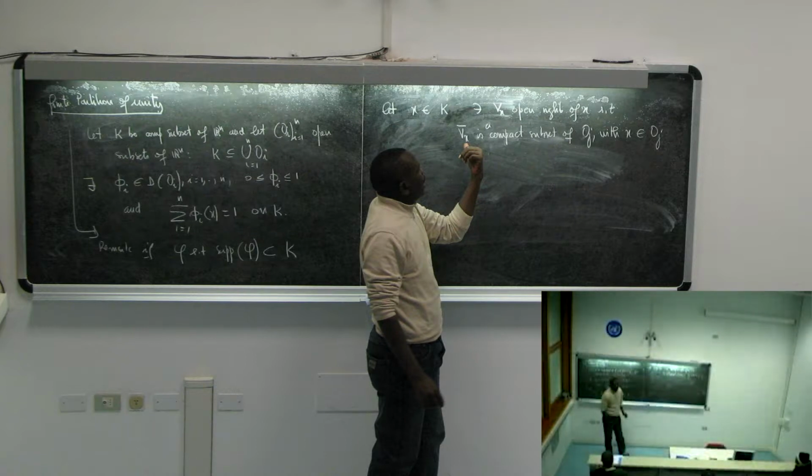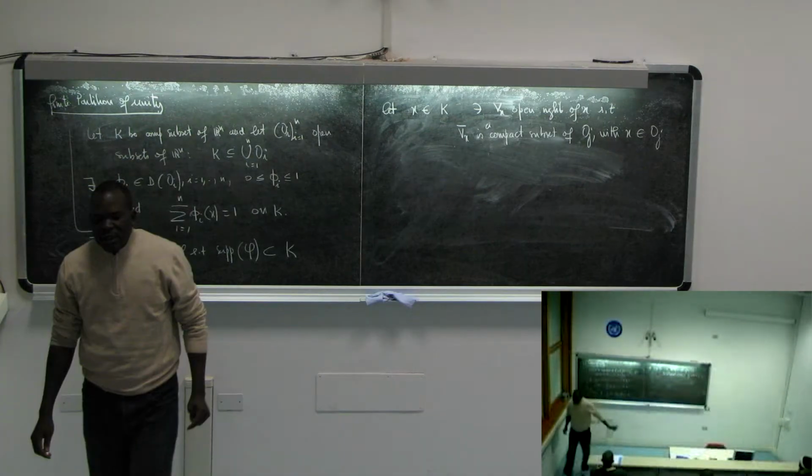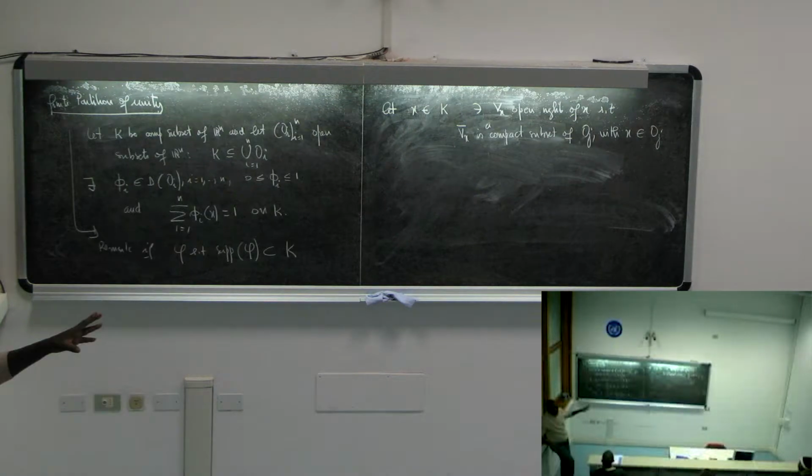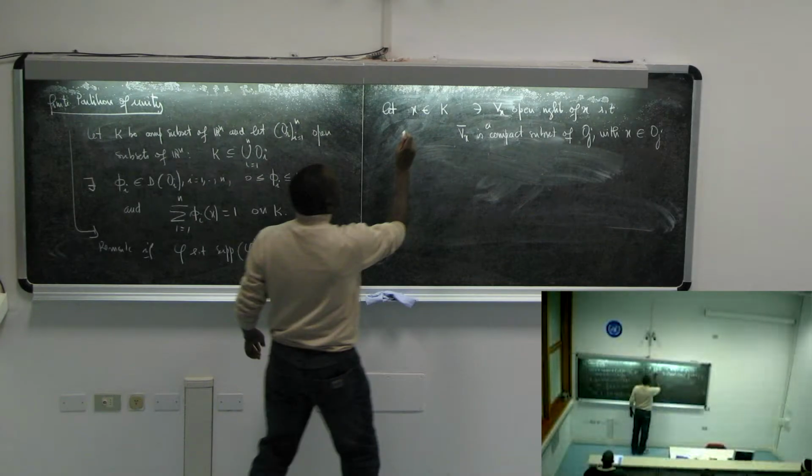We are working in Rn because this is a topological property: Rn is locally compact. Locally compact means any point has a compact neighborhood. The property we use is better than locally compact, because any neighborhood of that point contains a compact neighborhood. This property is true for Rn. So since I can do this for any x in K, we have